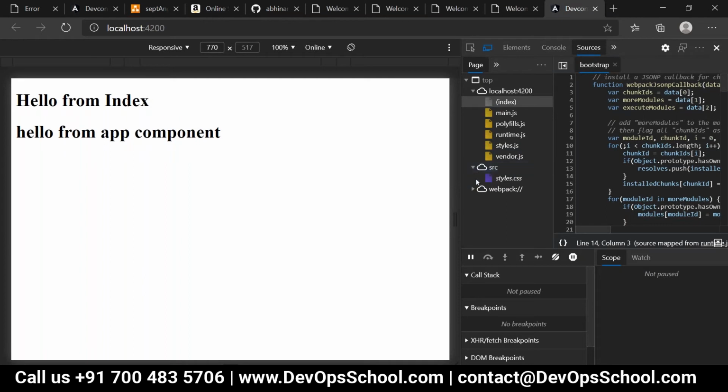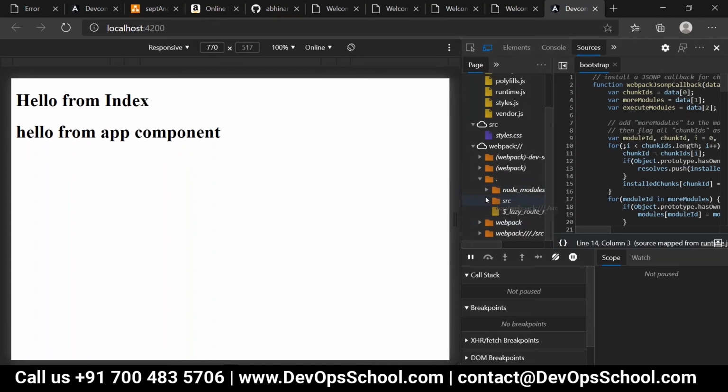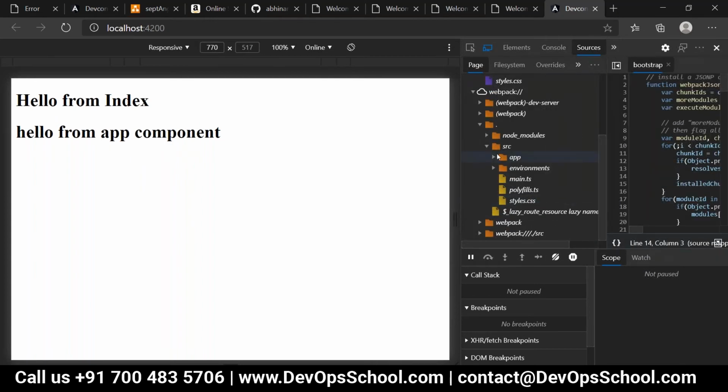Now have a look over here. Webpack, src, app. People, how many modules entries are we able to see over here?